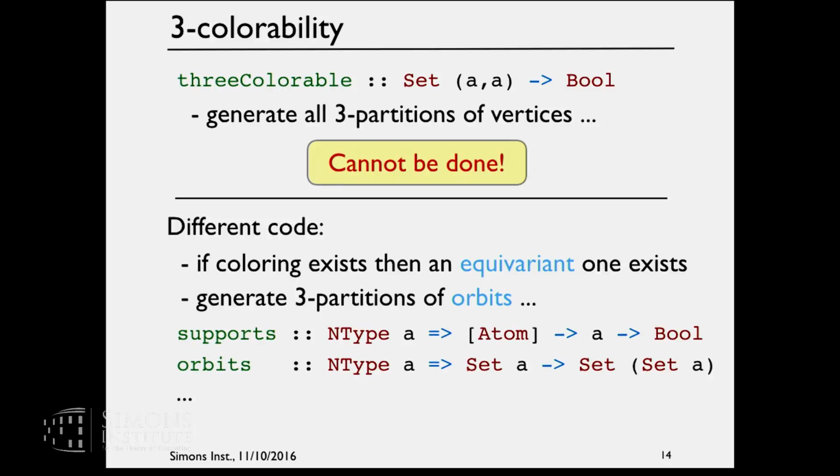In NLambda, there are more primitives that I've hidden from you so far that do things like this. Given a finite list of atoms and an element of some definable type, does this support the set of atoms, meaning that it only uses the atoms on this list? Or for example, if you have a set with atoms A, I can define a function that partitions this set into orbits, returning a set of sets of its orbits. So these are primitives that are added to NLambda. They are not difficult to implement using the internal representation, but they don't seem to be possible to define from the basic set primitives.